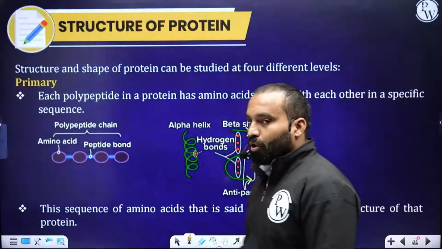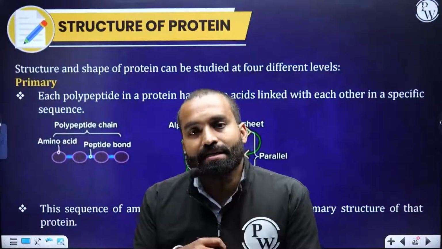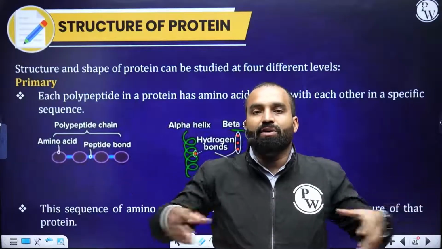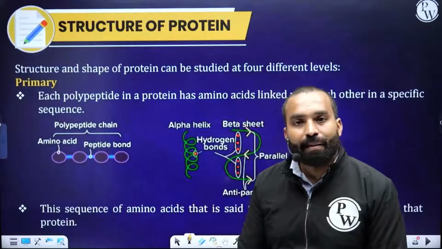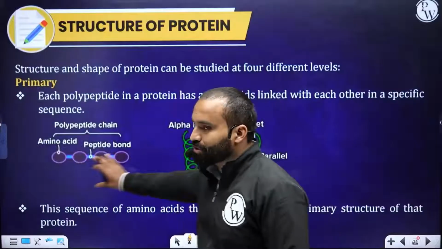Okay. Now protein has got various kinds of structure. One is called primary, secondary, tertiary, and quaternary structure. How does primary structure look like? When you have amino acids connected to each other in a straight chain, that represents a primary structure. That is just the primary structure when amino acids are connected in a straight chain.